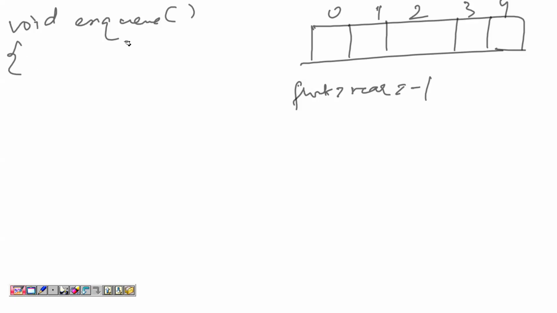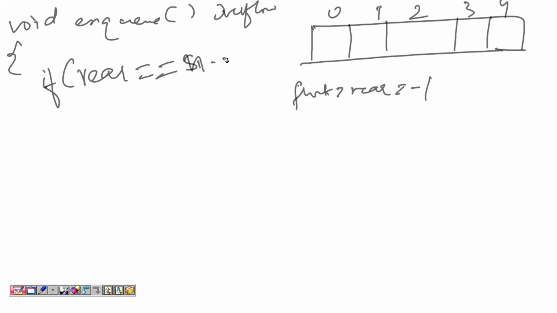What do I need to check? Whenever you're inserting, you need to check the overflow condition, that is, whether the queue is full. If the queue is full, I should not insert any element. How can you check that condition? You will be performing insertion at the rear end, right? So I will say if rear equals n-1, where the number of elements is 5, that is, if rear reaches the 4th index, we can say that the queue is full. So here I will give a message to the user with printf: queue is full.